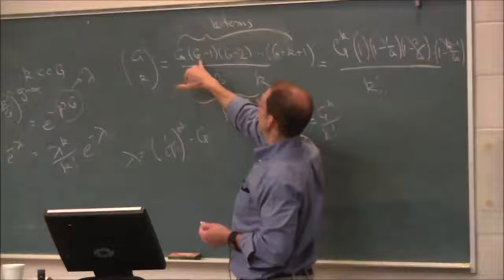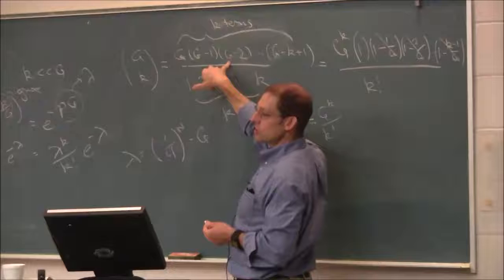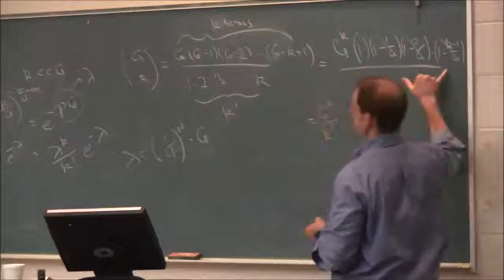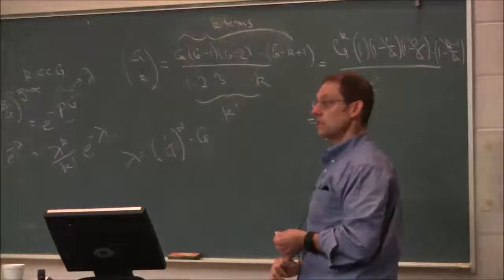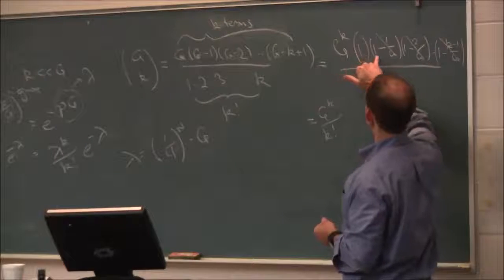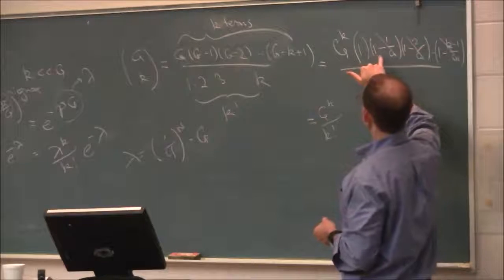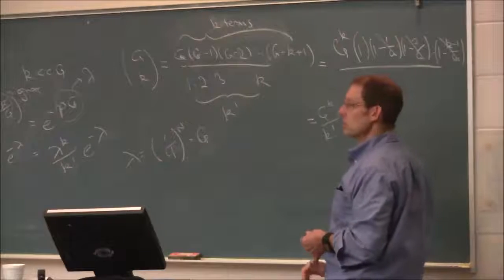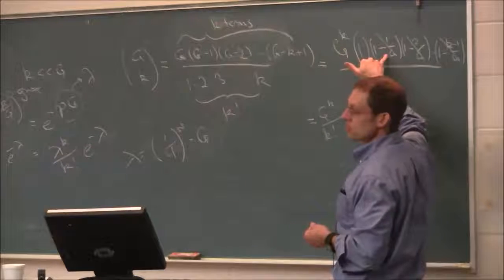And then if we factor out a g from the first term, we'll have 1 minus 1 over g. And if we factor out a g from the second term, we'll have 1 minus 2 over g. And it goes on like that. So that's all of these terms, 1 minus 1 over g, 1 minus 2 over g. All right? You okay so far? All right. And then all of these terms, like 1, and then 1 minus 1 over g, 1 minus 2 over g, we're going to say that all of those are so close to 1, we're just going to put 1, because g is so much bigger than the numerator that a small number over the genome size might as well be 0.